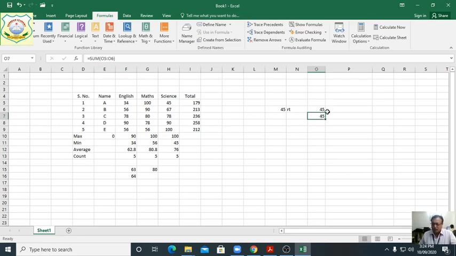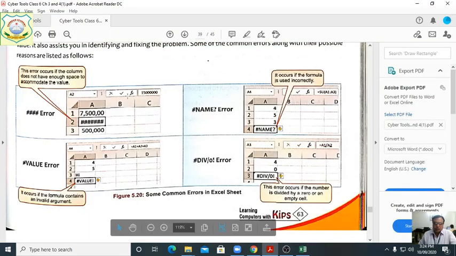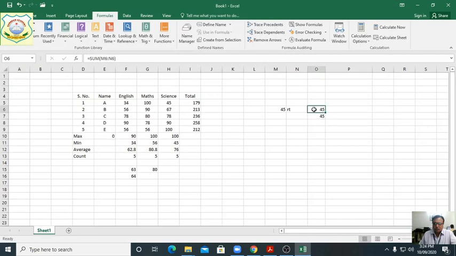Only the numbers he has taken. You can see, students, no problem.